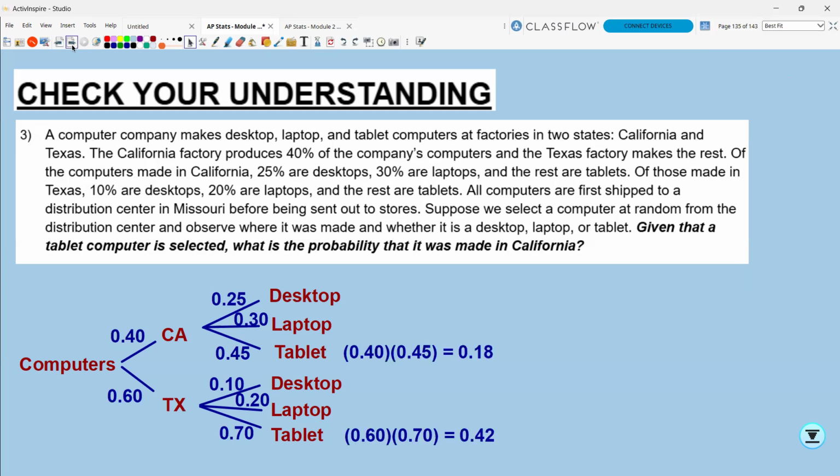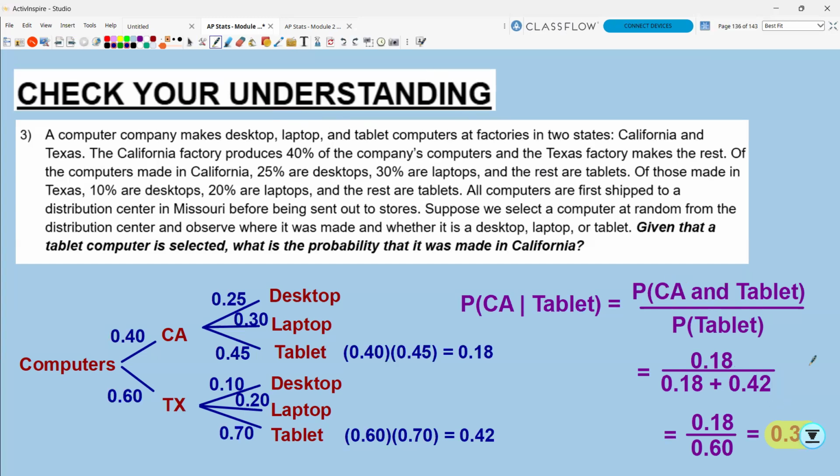Next, we want to do our ands. Now, in this case here, it says we were given that a tablet computer is selected. So I'm really only focused on the tablets here. Now, you can do all the ands if you want, but 0.4 times 0.45 is 0.18, and 0.6 times 0.7 is 0.42. I'm going to focus on those two numbers because the question says,